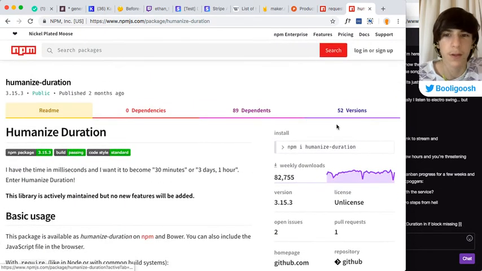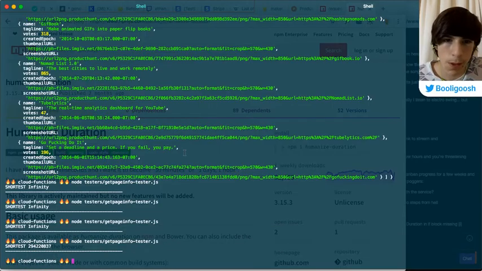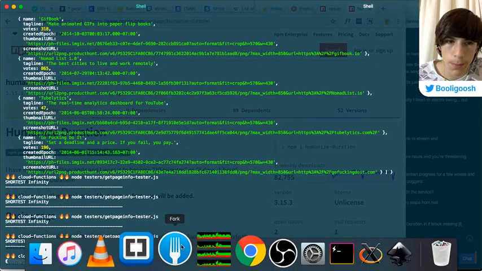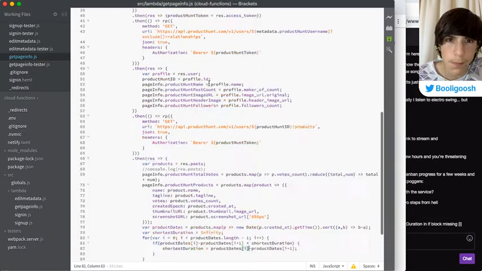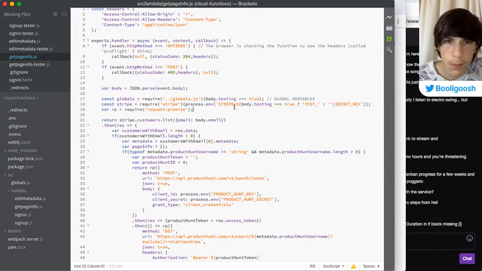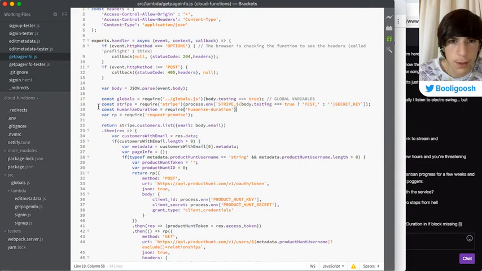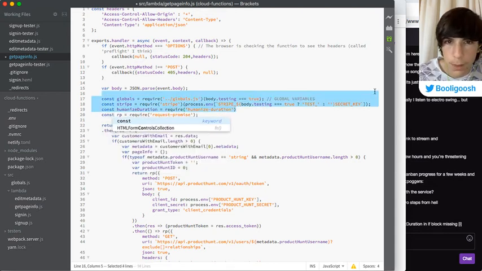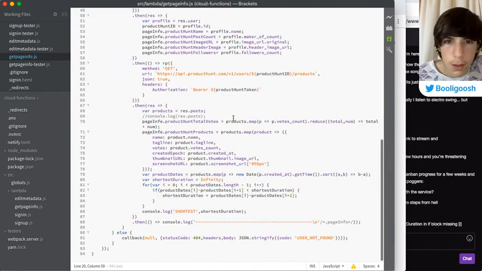I like this package. So let's install this. And in fact let's make this const as well, just to make things look nice. Cool.